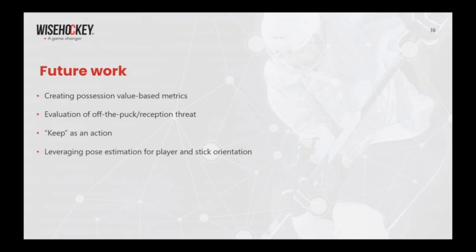Necessarily things like how much value a player adds with his actions in total, as well as by component, and maybe things like a passing profile, how a player changes his passing decisions under pressure, how risky are his decisions, and so on. We could also evaluate the off-the-puck pass reception threat using these models, but they could also be their own models. And similarly to the move, we could